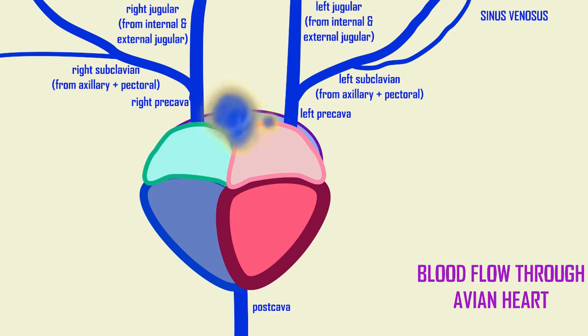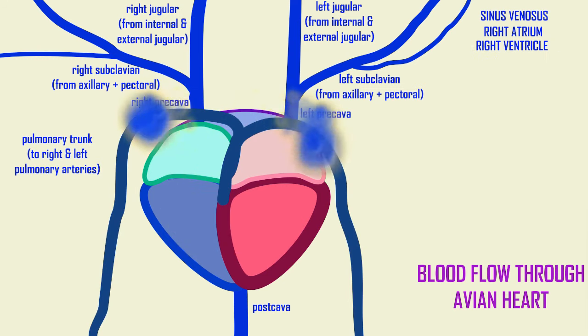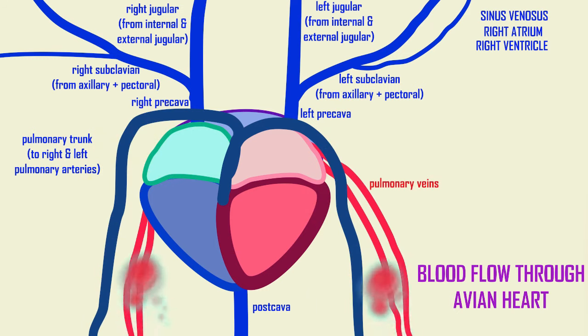This deoxygenated blood empties into the sinus venosus, which empties into the right atrium, to the right ventricle. And note that there is a complete interventricular septum separating the right and left ventricles. Blood is sent through a pulmonary trunk to the pulmonary arteries, to the lungs, where the blood then undergoes gas